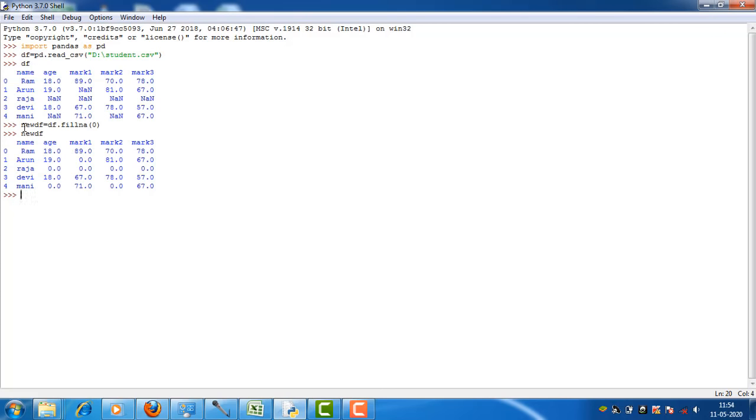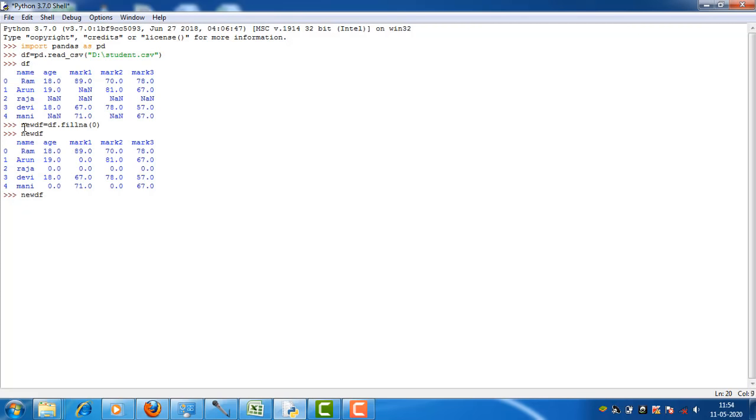The other way of dealing with a missing value is to carry forward the value of the previous record. Here you can specify the ffill method. ffill means forward fill. You just carry forward the values of the previous record.